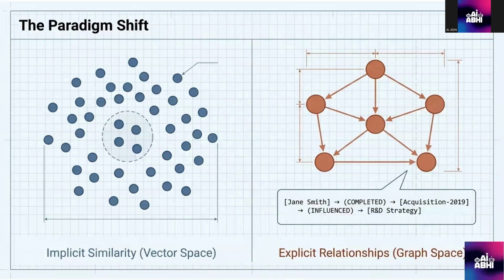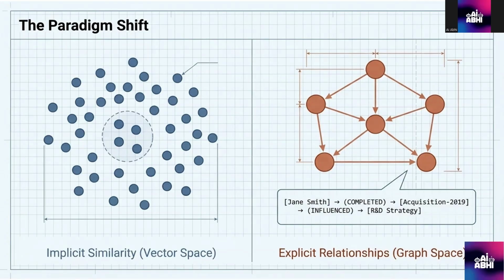So GraphRAG was introduced by Microsoft Research in April 2024 and is built around a single insight. Instead of searching similar text chunks, build a knowledge graph from your documents and search that graph. A knowledge graph represents your data as nodes, which are entities, and edges, which are relationships. So instead of storing "the acquisition was completed in 2019 under CEO Jane Smith" as a text chunk that you search with a vector,